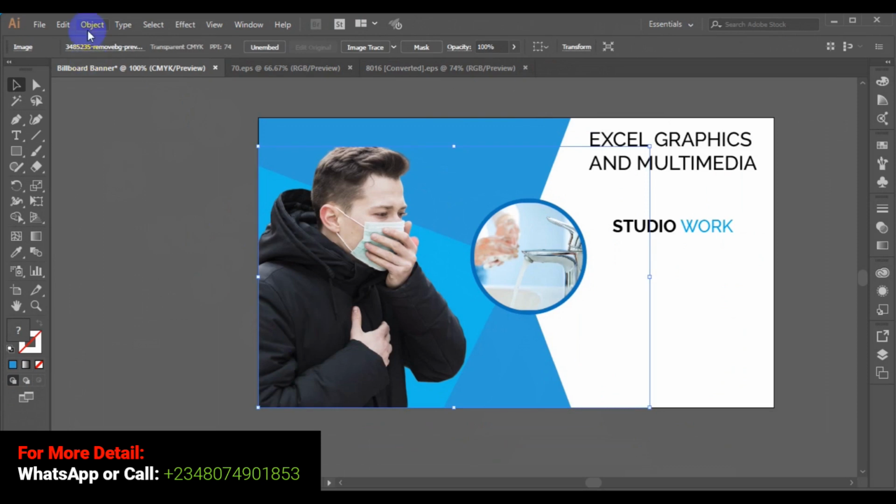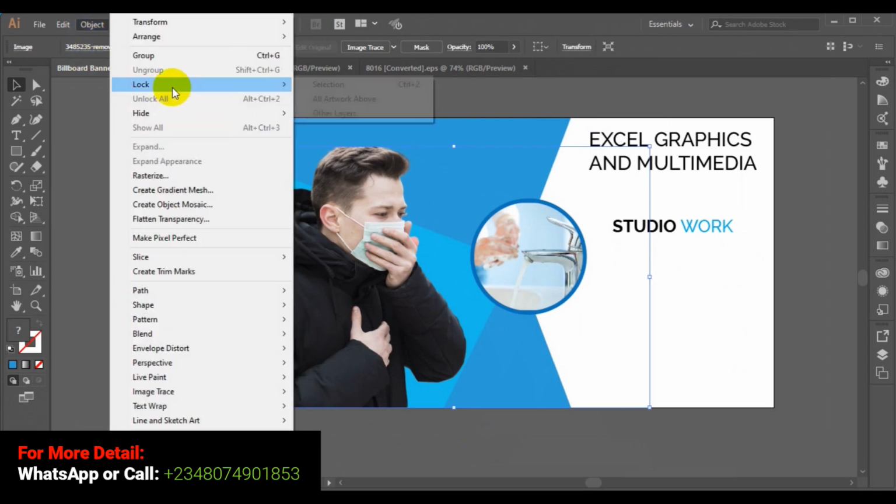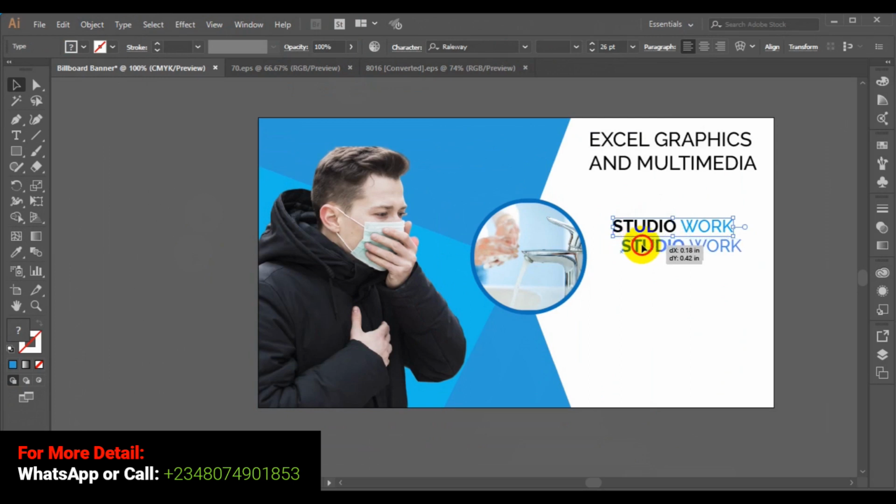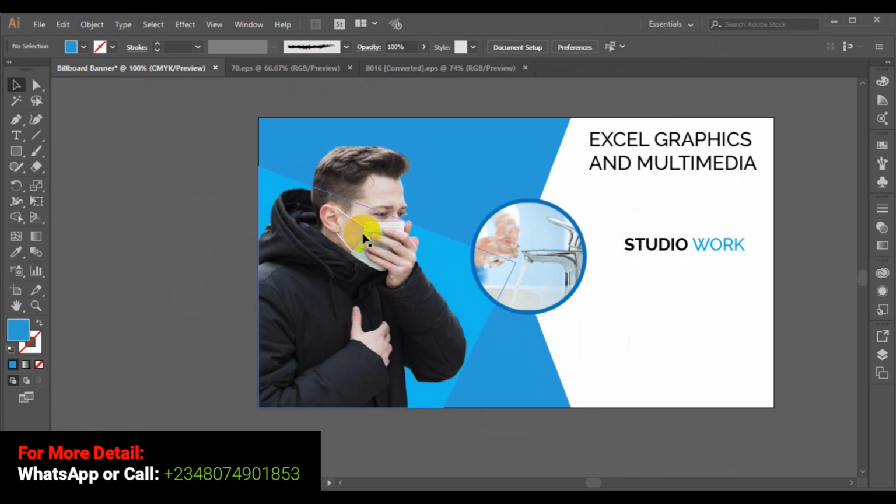So I have to come back to the picture again. I'll go back to the Object and lock it back. Select all. Now it has been locked, so we can work around with all the remaining shapes. So now here, this is going to be studio work. So I'm using this banner to advertise my personal business. So now what I'm going to do next is that I will have to